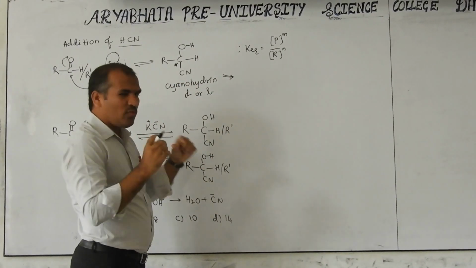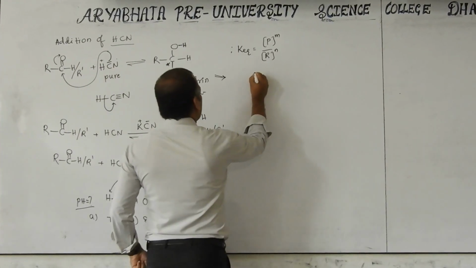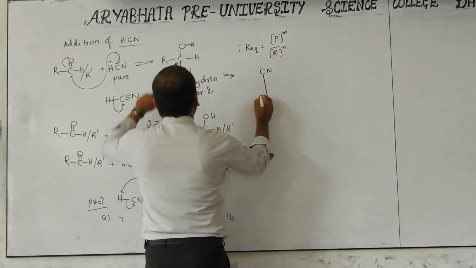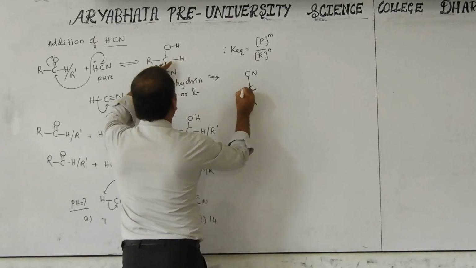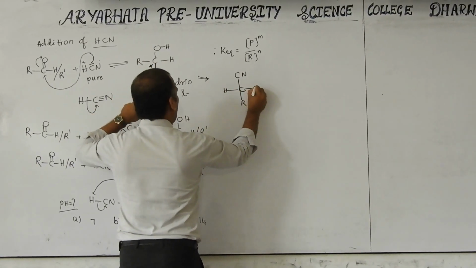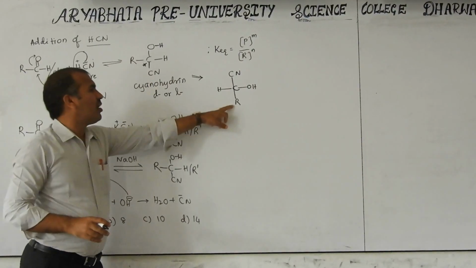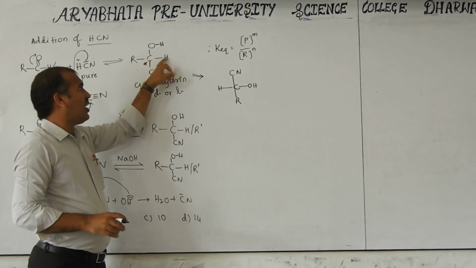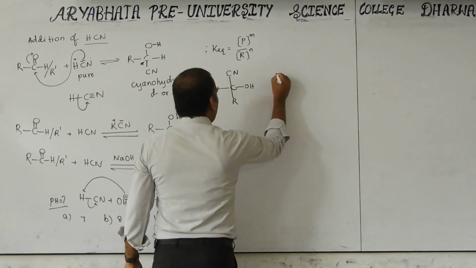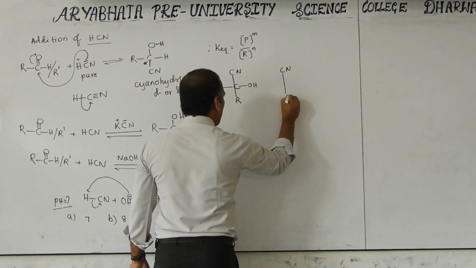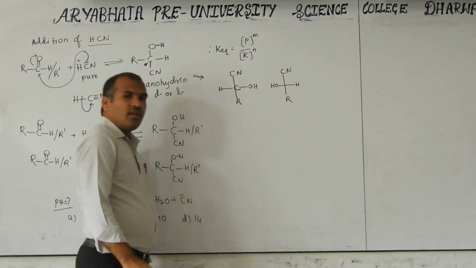I will write it in this form, very clear. Generally in a Fischer projection, the most oxidized form should be up. This is the most oxidized form. That's why I will write it. Cyanide, this R, and here is carbon, this is carbon, this is H, this is OH. There is no difficulty here. R only, CHOH, CHOH and cyanide. In the other line also it is possible: OH may be left, H may be right.